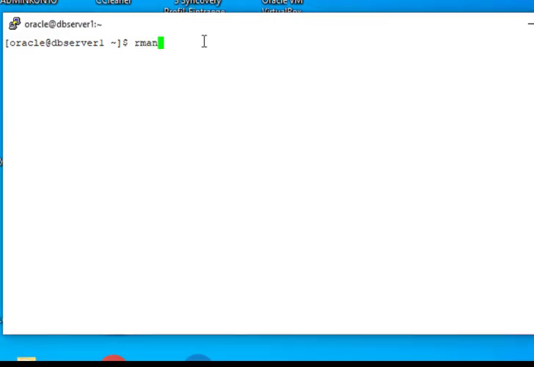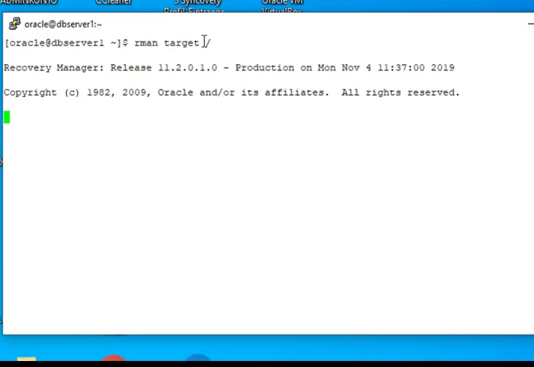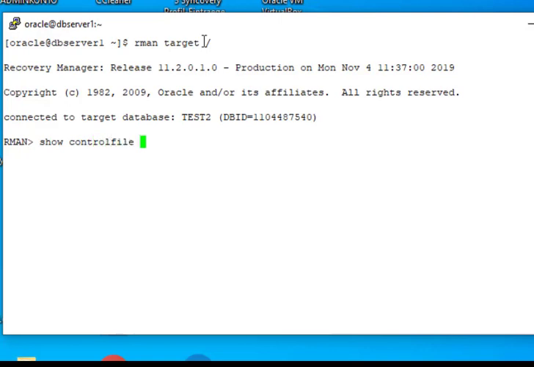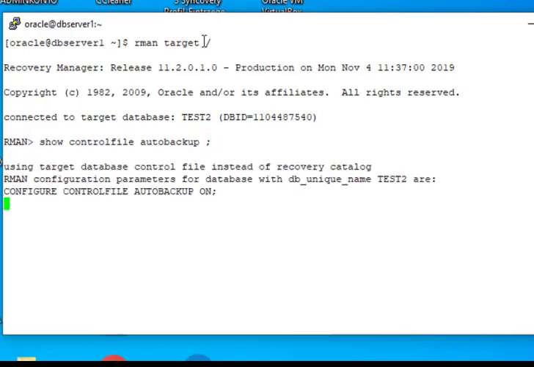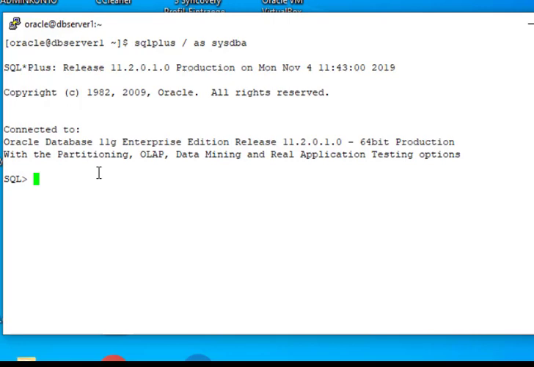So rman target. Show control file auto backup. So our control file auto backup is on. Now we are taking the backup. First we check